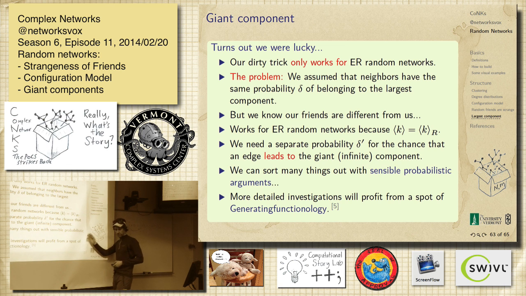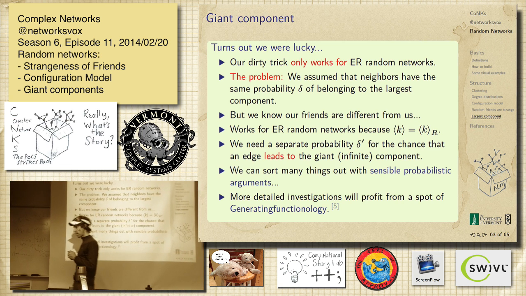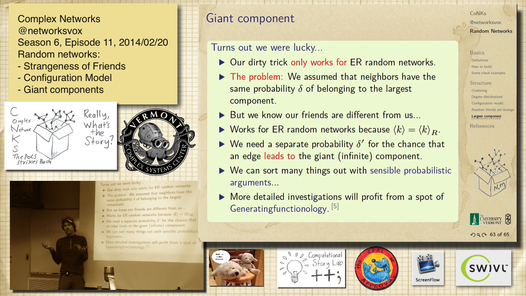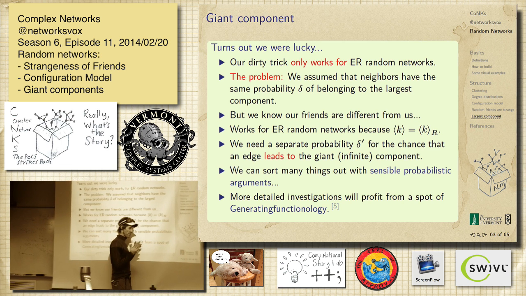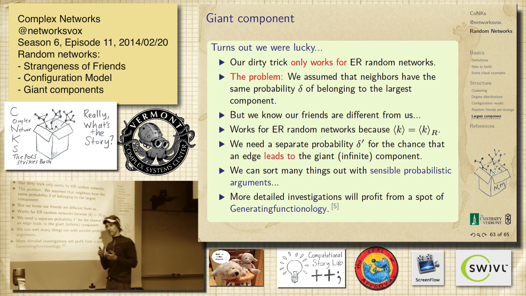Okay. All right, so we're going to get into generating functionology. And I'll also give you some other ways of deriving things that are simple, straightforward, probabilistic. But there's a big fail that just happened there. That is, we're able to get to the phase transition. That was good. We were right. But finding the size, obviously a huge thing. And there's lots of other things you can do. But it turns out we're going to have to take a little detour and load some other things in. All right, so let's have a break.